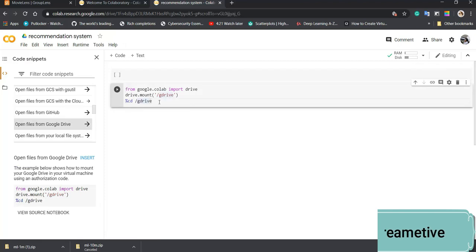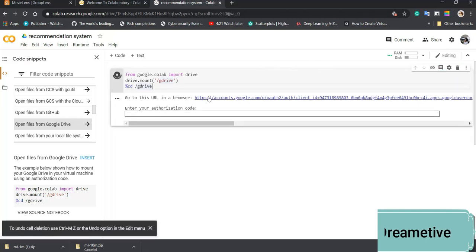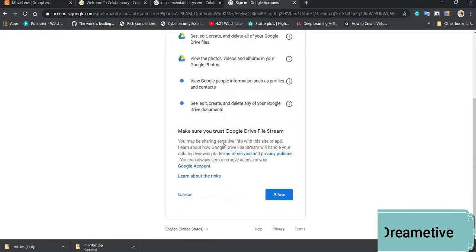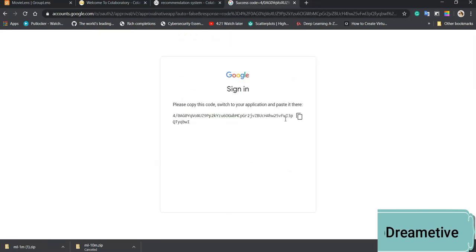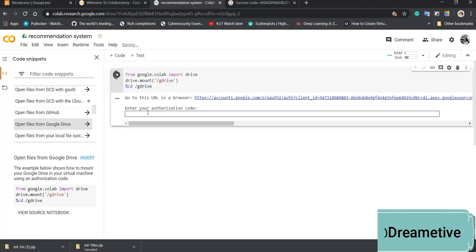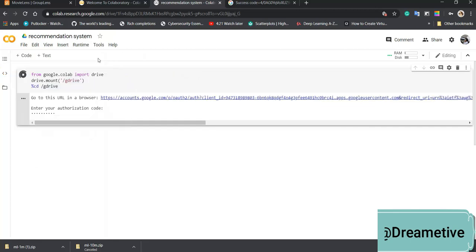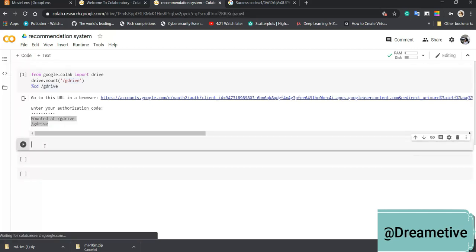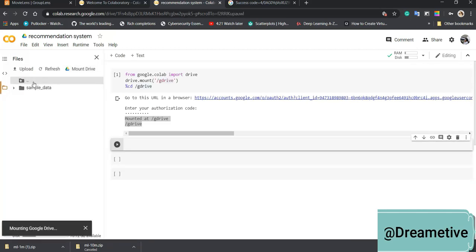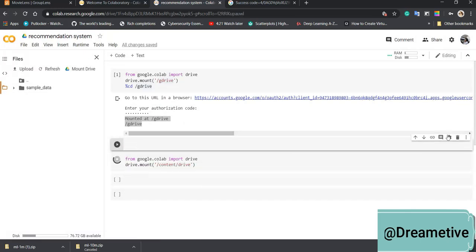Then I'll get this link, click on the link, allow access, copy this password, paste it, and enter. So our Google Drive has been mounted, and I'll go to this folder, and again it will mount the drive to access it.